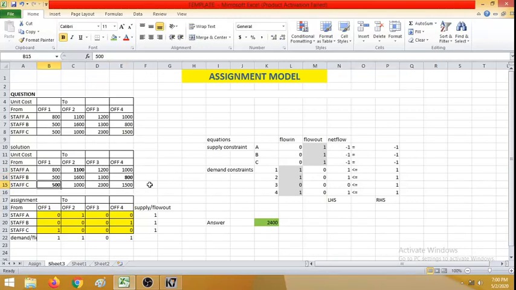Okay, just add the cells that I have made bold. See here, 1100, 500, 1600, 1600 plus this 800, 2400. We got the answer 2400. So we have solved an assignment model which is an unbalanced assignment model.